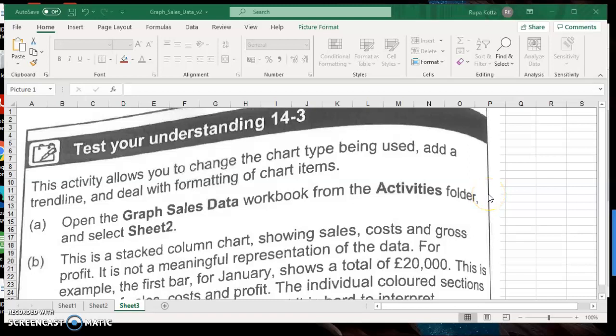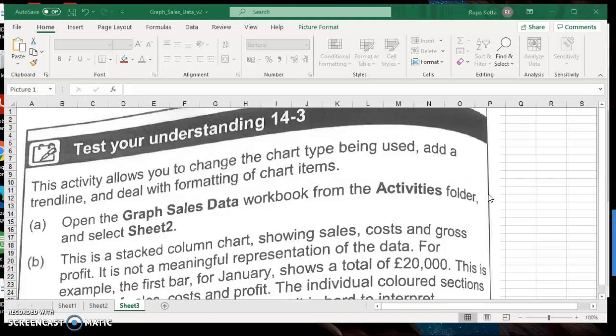Okay, this is task 14-3, which is dealing with the graphs in Excel. We haven't done any special classes about how to draw the graphs, but in this task we are going to see how to make changes to a graph. Then I'll show you a separate activity on how to draw graphs. There is no specific fixed activity in the textbook just dedicated to graphs, but I will take my own example and show you one day.